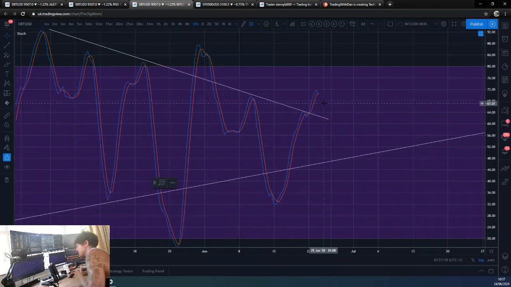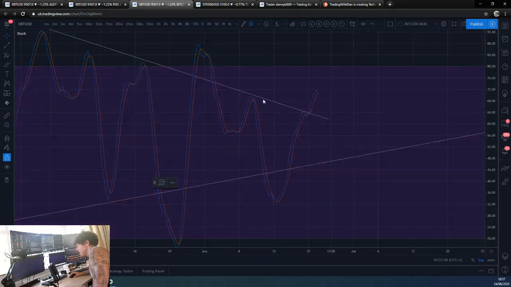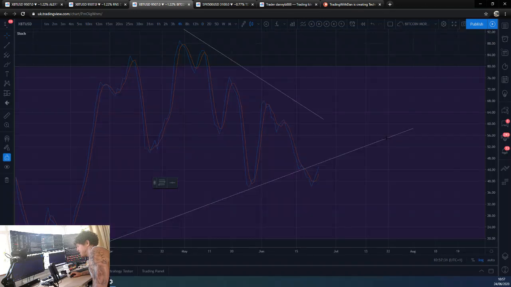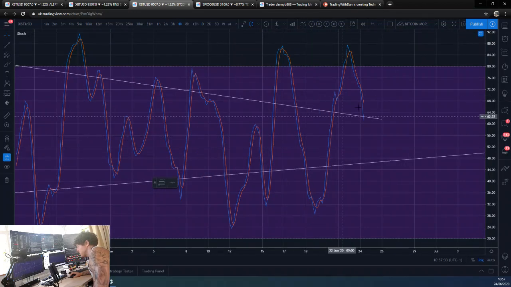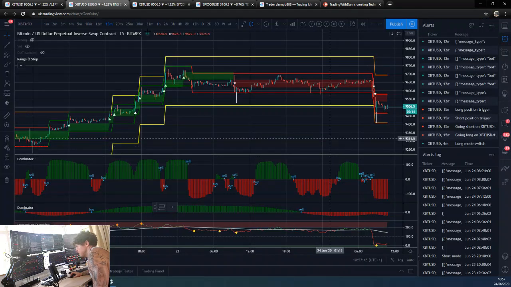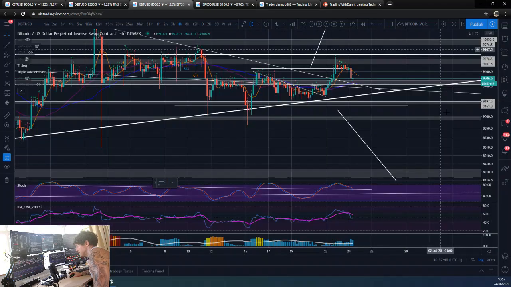Like I said, I'm expecting some wicks down. Hopefully they're just wicks and we can then buy an opportunity and we'll go back up. But I'm expecting some moves down. Bitcoin is a bit different. Daily's still looking good, by the way, and then the 4 hour coming down. If the 4 hour just comes down like we were talking about yesterday, price action comes down and then we basically turn back up again, that could be indicative of the next wave up in price action. So let's go back to our charts.